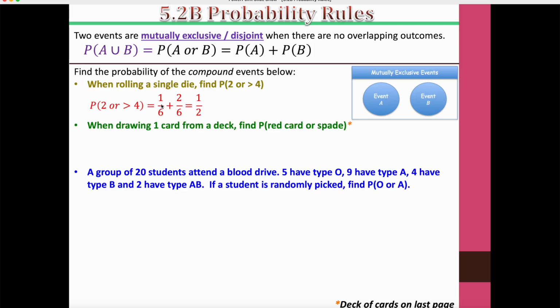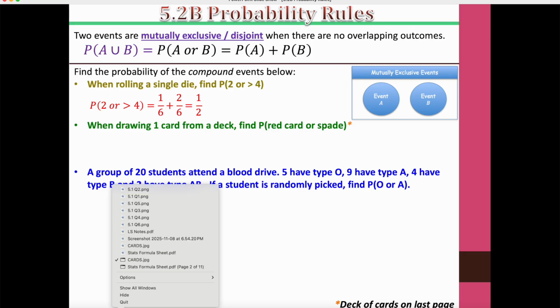On a 6-sided die, one of the faces is a 2, and two of the faces, 5 and 6, are greater than 4. So 1/6 plus 2/6 is 3/6, which is 1/2. Easy. Those of you that aren't familiar with decks of cards, I have it on the last page for reference,